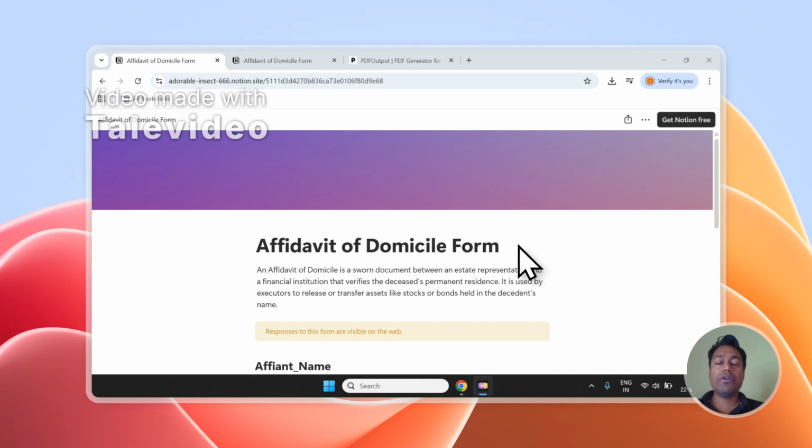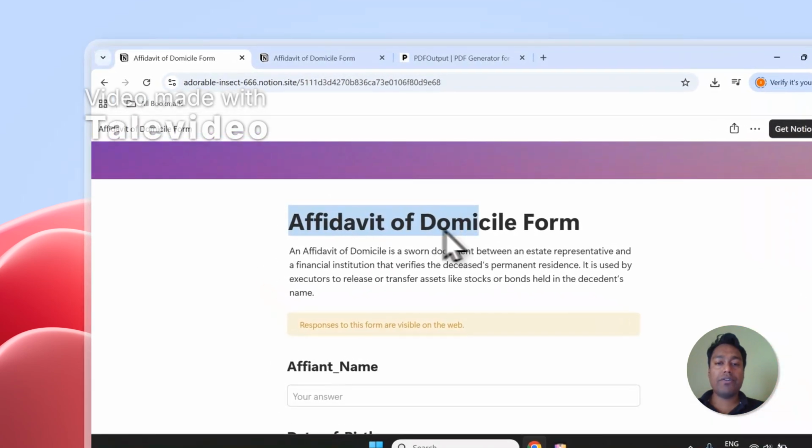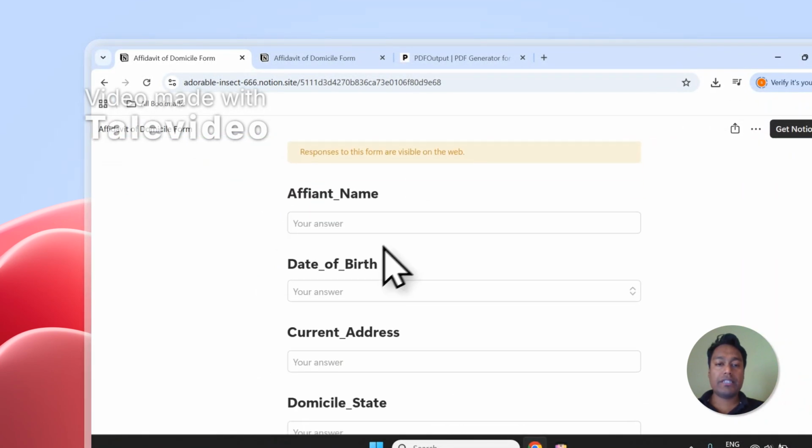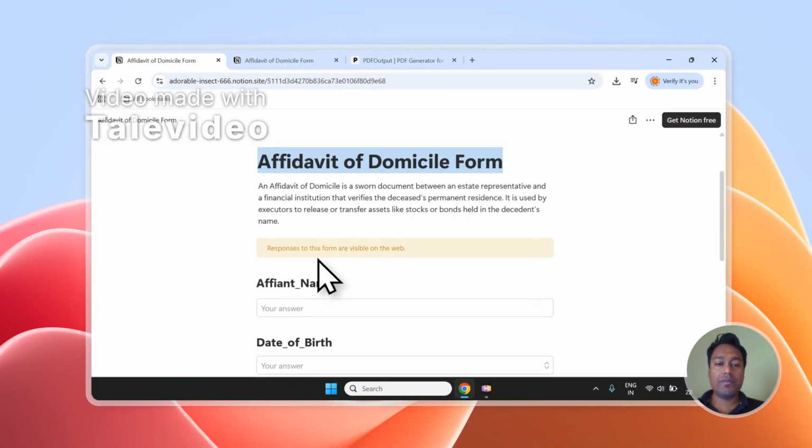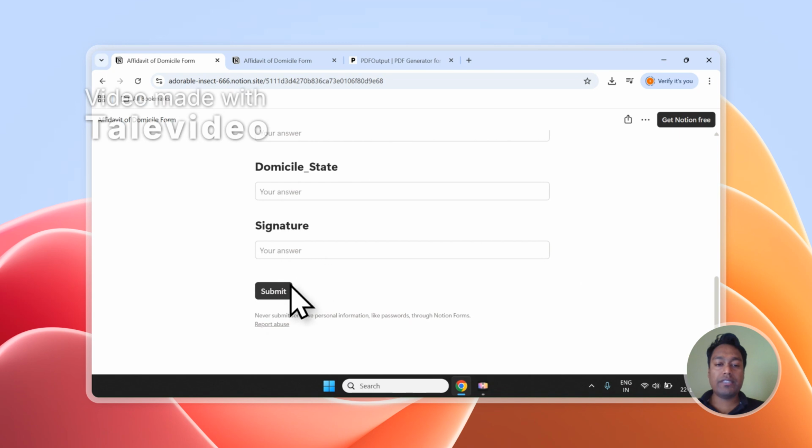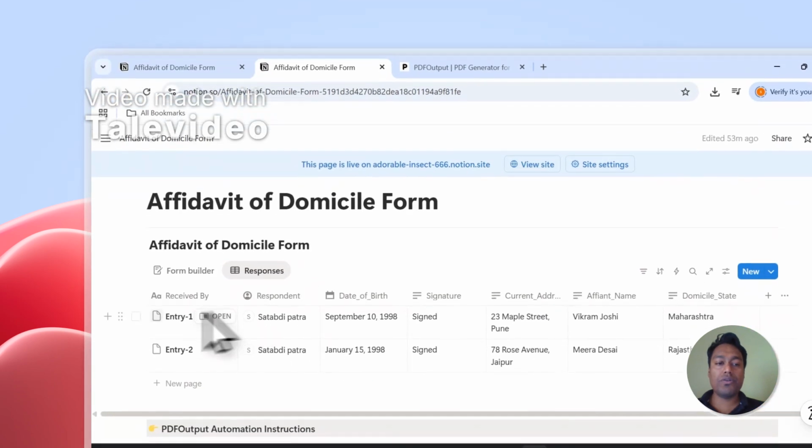Hi, today we are going to talk about how to convert a Notion form into PDF files on automation. For this, we are going to talk about the Affidavit of Domicile form, and I can see there are certain fields of details added into this form. Once the user fills in all the details and clicks on submit, the responses will go to the responses view